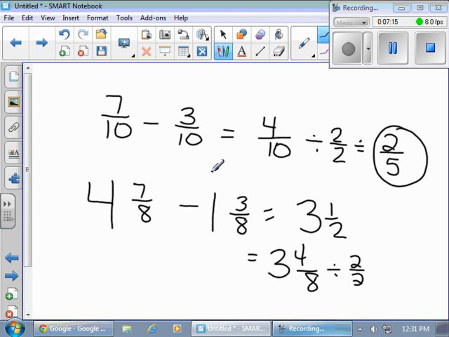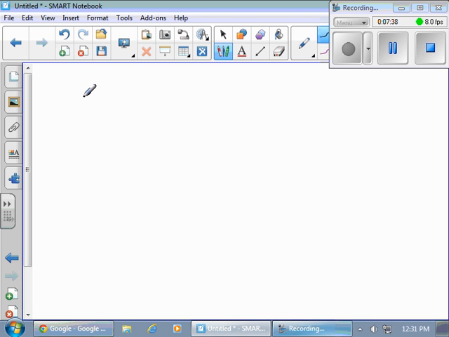We're going to talk about some uncommon ones here in a minute. I just wanted to start with the common ones first, so that it's a little easier. Does anybody have a question on subtracting with common denominators? Alright, so now we're moving ahead to uncommon denominators. Let's say we have